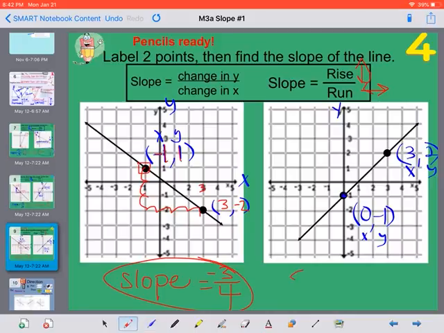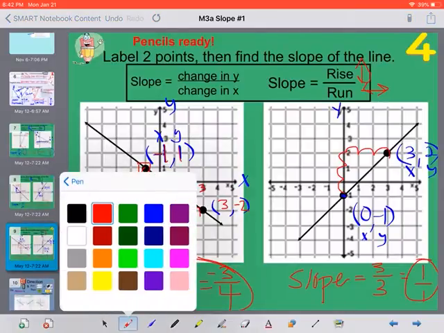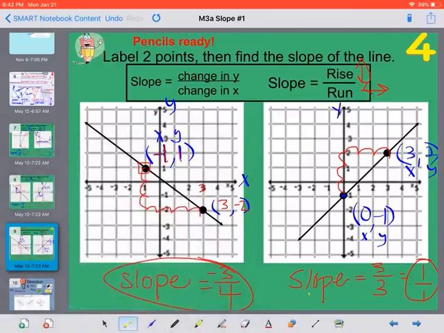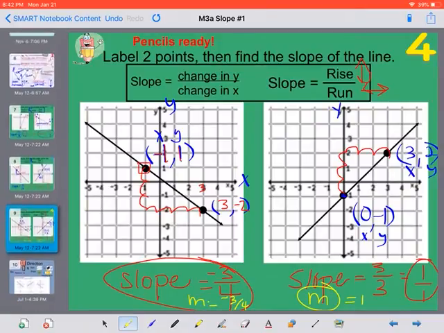So this slope, we're rising in our elevator 1, 2, 3, and running 1, 2, 3. 3 divided by 3 is really just 1. If you want to keep it as a fraction, later on we will always want slope as a fraction. You can write it as 1/1. Also, if you ever see something that uses the letter m, slope is represented in math by the letter m. So it might say m equals 1 or m equals -3/4 for the slope. We will use m later on, but for now